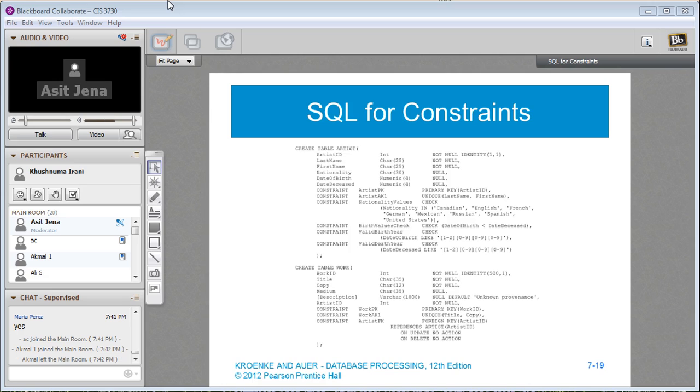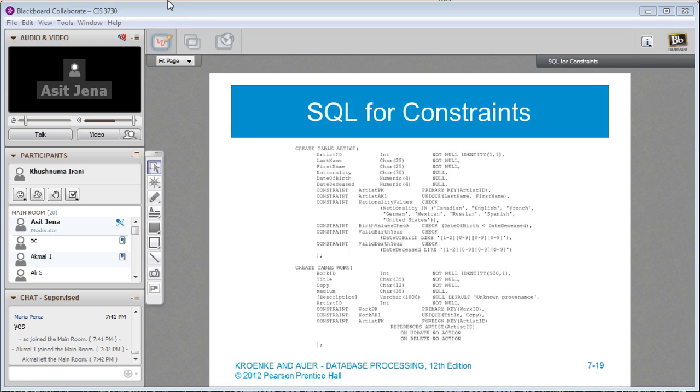So what does that mean? That means that you have a check constraint, and the values which are acceptable for nationality are Canadian, English, French, German, Mexican, Russian, Spanish, and United States. So if you enter any value other than that, your SQL insert statement will fail.